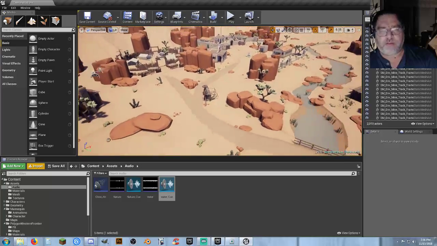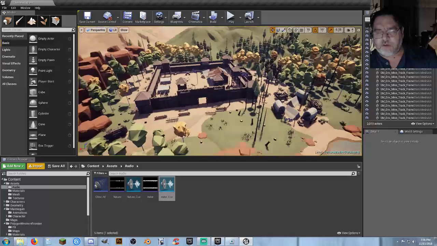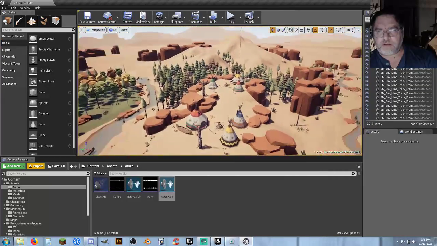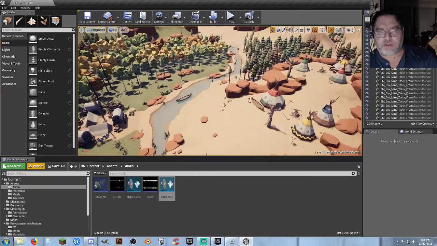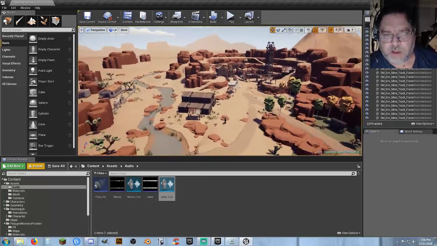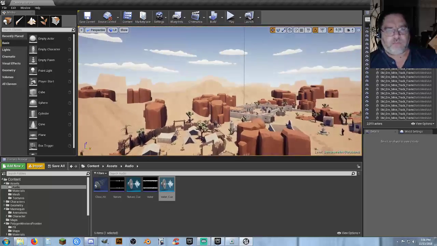Let's zoom out a little bit more. We got that town over there. We got the mining camp there. We got the fort, wagon train, Indian village. So yeah, I can actually just get my screenshot from here, and what I want to do